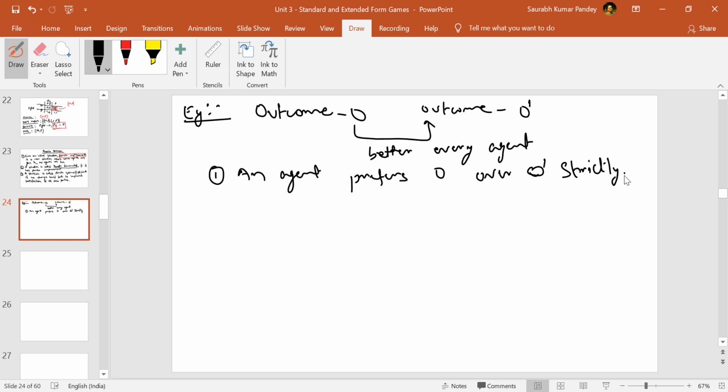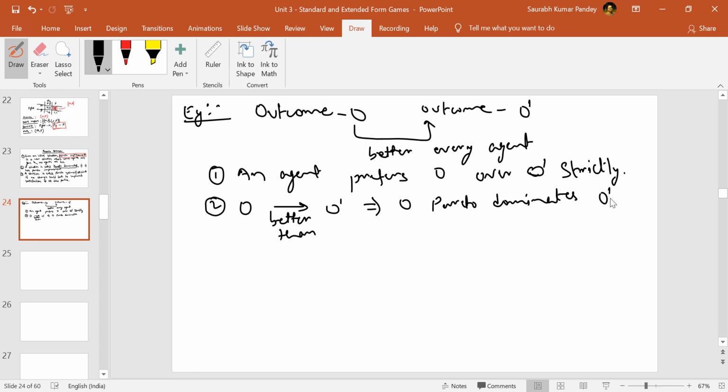Why? Because it is better for each and every agent, correct? And what do we mean when we say O is better than O dash? It implies that O Pareto dominates